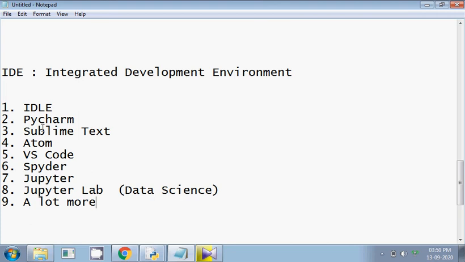Google has given us a default IDE which is very good, and the name is Google Collaboratory. And we have other IDEs as well.